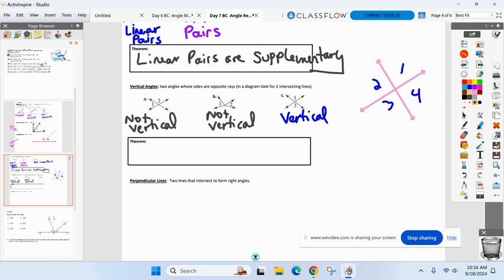They're going to come quick, these theorems. This one's about vertical angles. We know if I know two angles are linear pairs, they're always going to be supplementary. Well, if I know two angles are vertical angles,